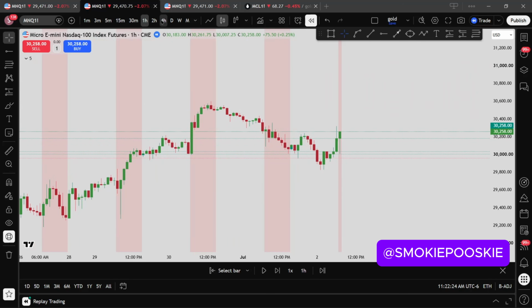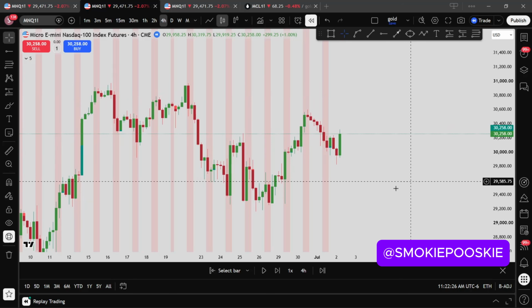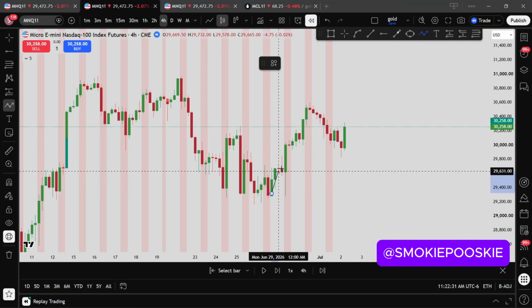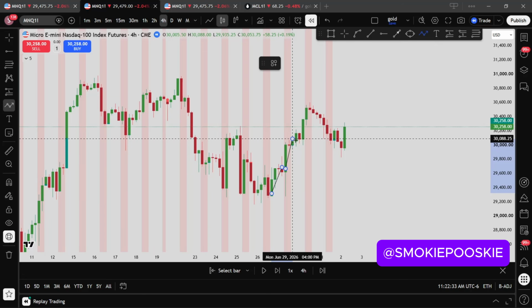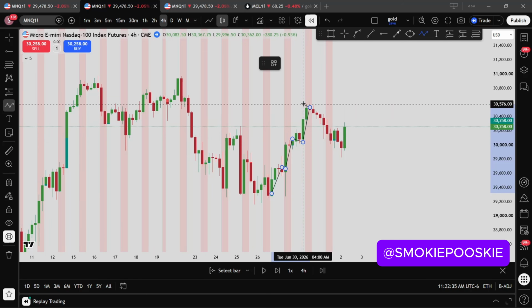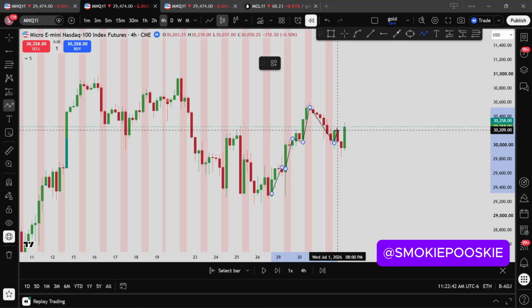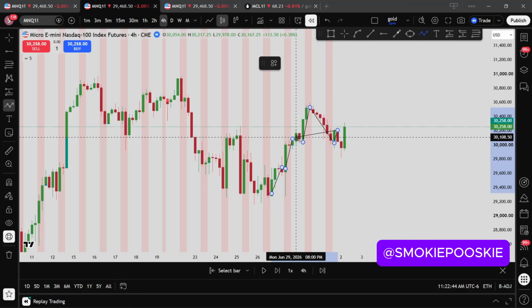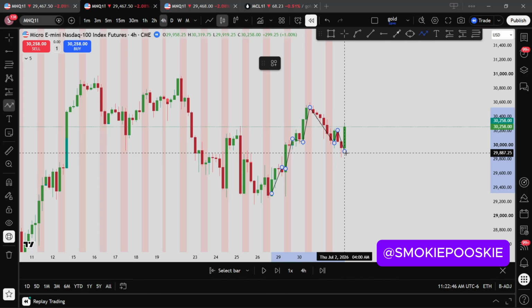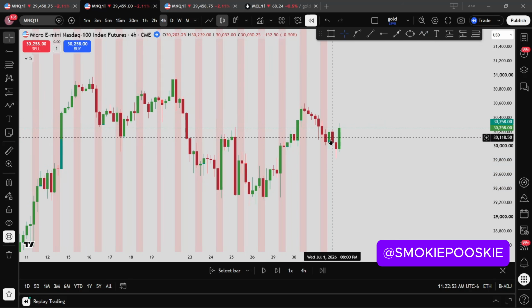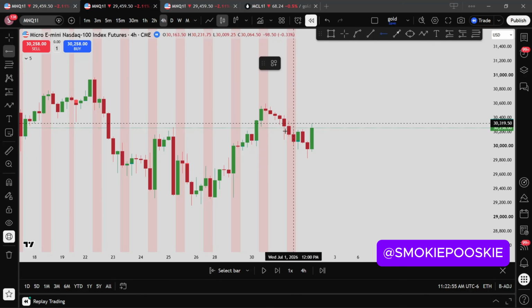So I went on the 4-hour time frame and I saw that we were going on an uptrend, right? So high, low, high until we got to this point right here, and then we started to create a low and a lower low and a lower high. We broke this structure right here, created a lower low, and now it looks like we're going for some sort of a correction, right? So I was thinking my markup was,